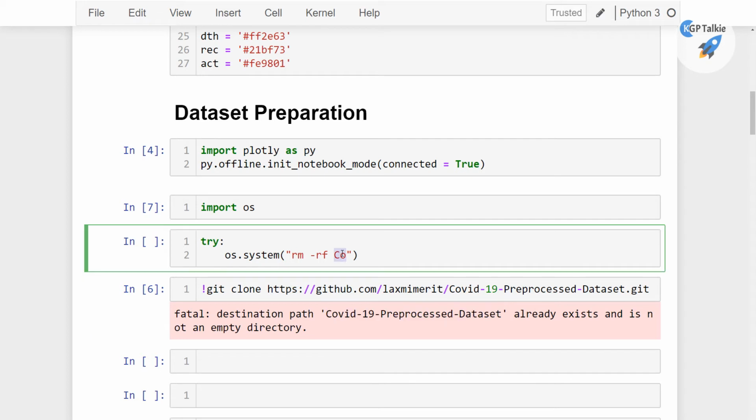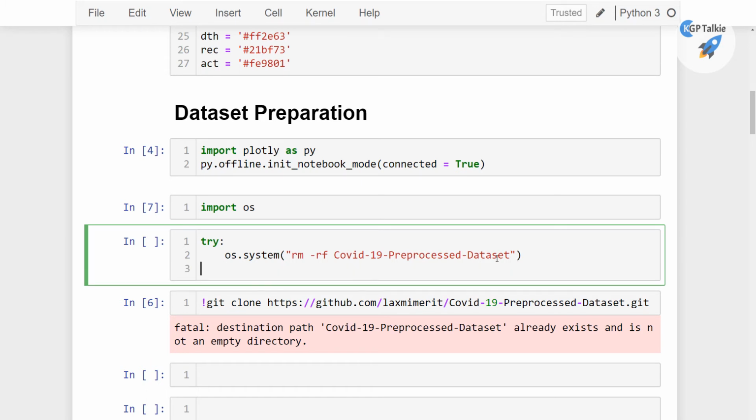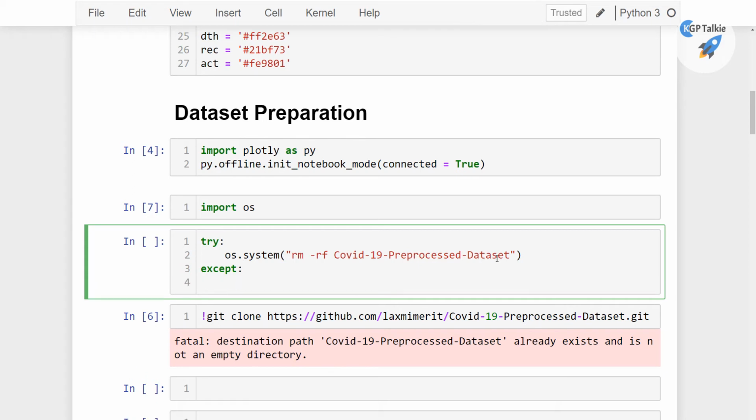Why do I want to remove it? I want to remove it before cloning so that I can clone a new data set. And in the except, I'm going to say that if this COVID-19 pre-processed data set is not there, then I'm going to print file does not exist.